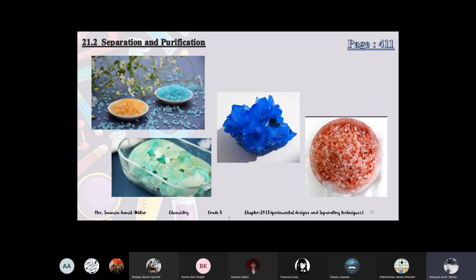Then we have some crystals in the lab. I'll show you. Have you seen transition metal, different colored transition metal compounds? You must not have seen them; we hardly ever went to the lab. In grade 6 you studied about transition metals, na? Previously we used to take students to the lab and show them some colored compounds of transition metals. So I'll show you this time, inshallah.